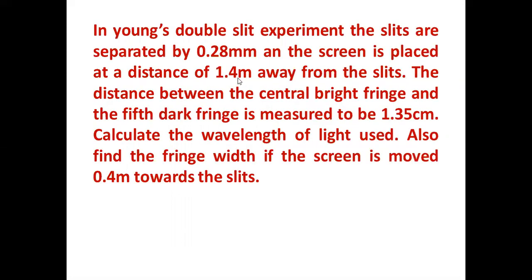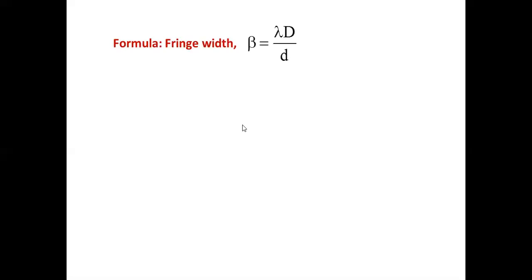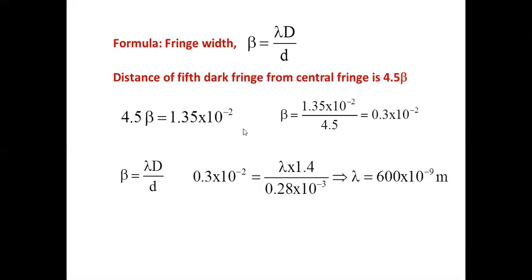1.4 and 0.28 millimeter, yes. 0.28 is the distance between the sources. So 1.4 meter divided by 0.28 millimeter. Rearrange this, bring this 0.28 here, divide this by 1.4. It is 600 nanometer lambda. That is the wavelength, because you know 1.4 is 2 times 14, 2 times 28. Now this is 0.2 times 0.2 into 3, 0.06. Rest of the things, 600 nanometer.